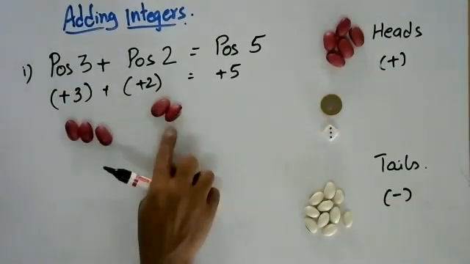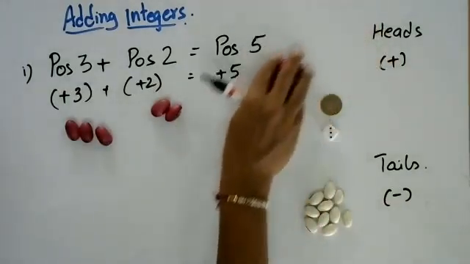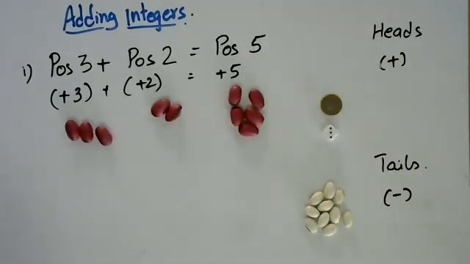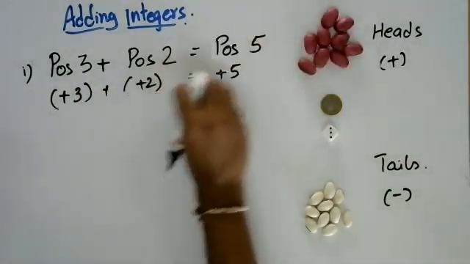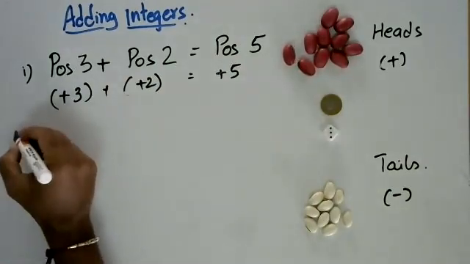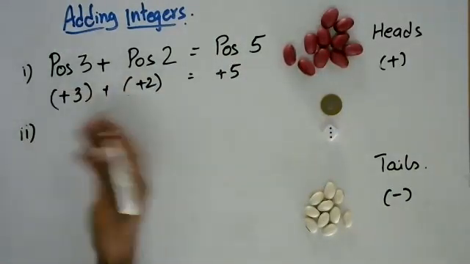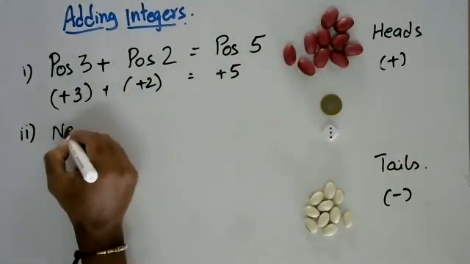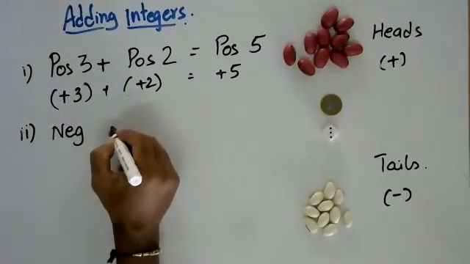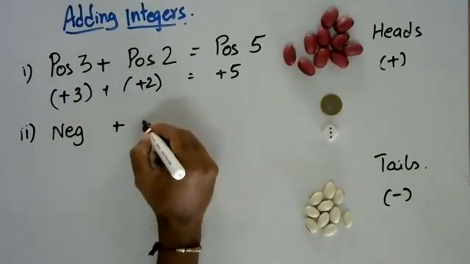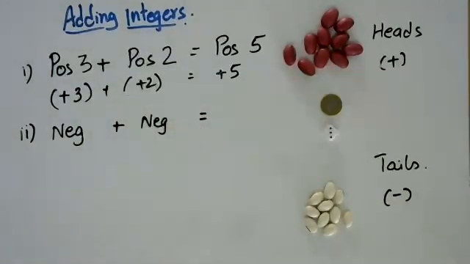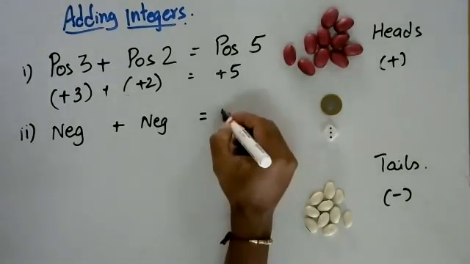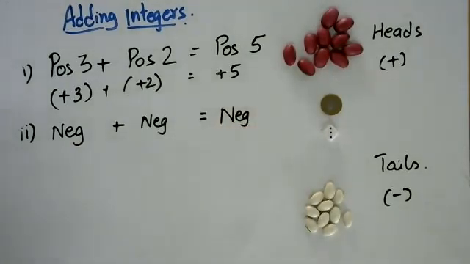3 positive plus 2 positive will give you, do I have 5 left? Yes, there is 5 left. 5 positives, okay? So that's one way of visualizing this and one rule for doing this. Now, another rule which can be made in a similar way is I can add up negative integers also. When I add up one negative integer with another negative integer, what will I get? Negative. A negative integer. So I am going to get another negative integer.